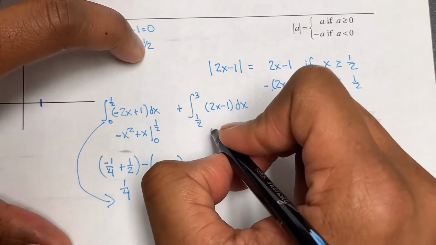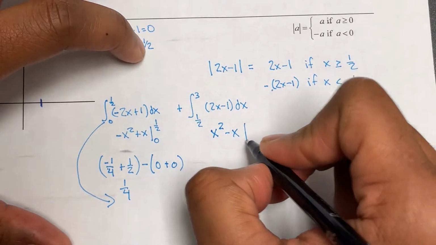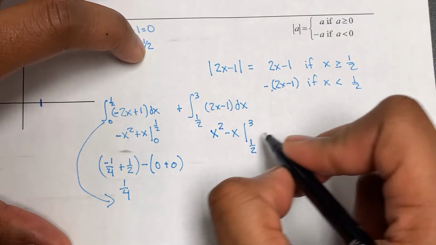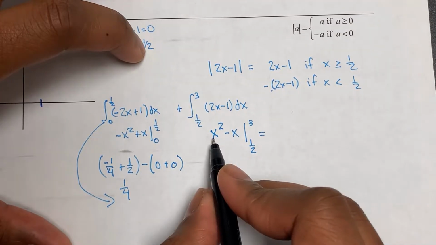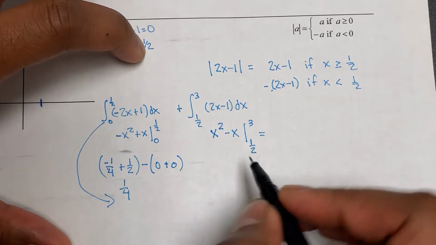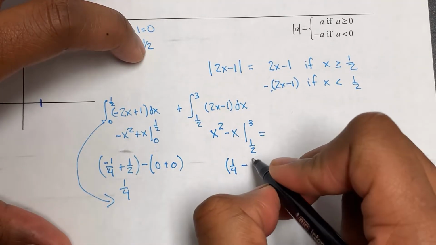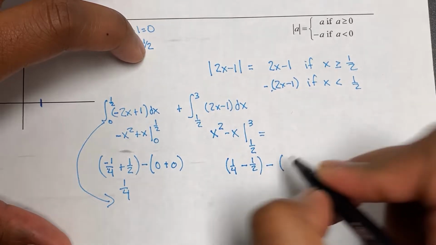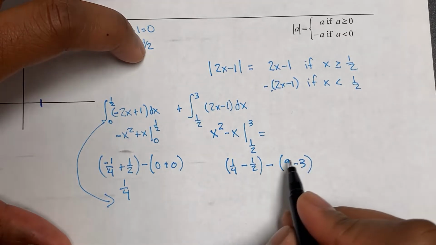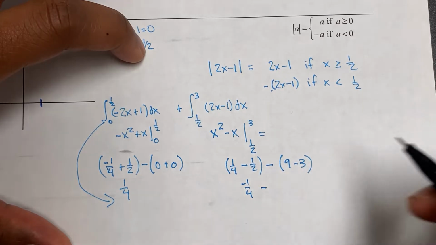The second integral, we should get the same terms. We should still get x squared. We should still get x evaluated from a half to 3. So when we substitute in a half, again, we should get the same thing, but maybe the signs flip. Here we got 1/4. Here we expect to get negative 1/4. We would have 1/4 minus a half minus, when we substitute in 3, we have 9 minus 3. So that's negative 1/4 minus,